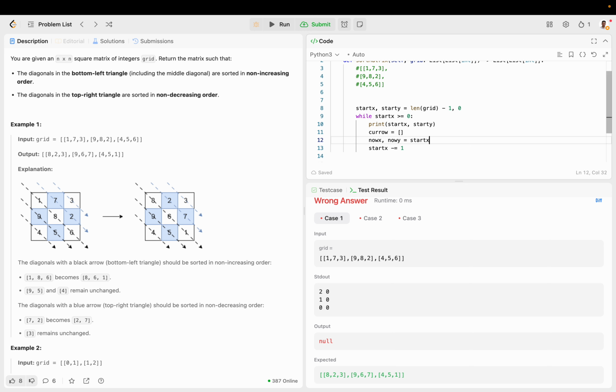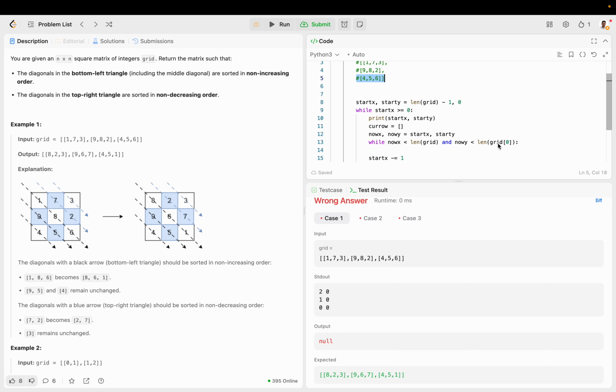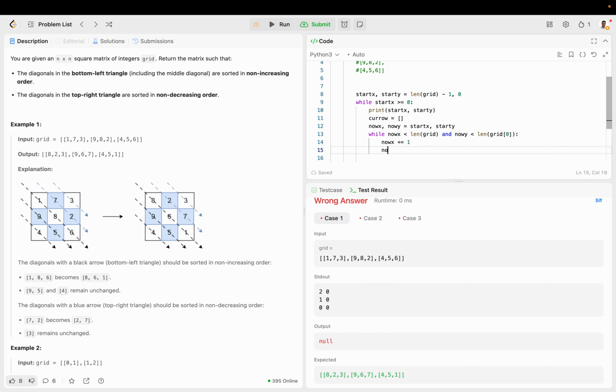So it's going to start at start x, start y, which is the current, let's say 1, 0, and then we're going to get 2, 1, right? So plus 1, plus 1. So while now x is less than the length of the rows and now y is less than the width of the rows, we're going to increment both,